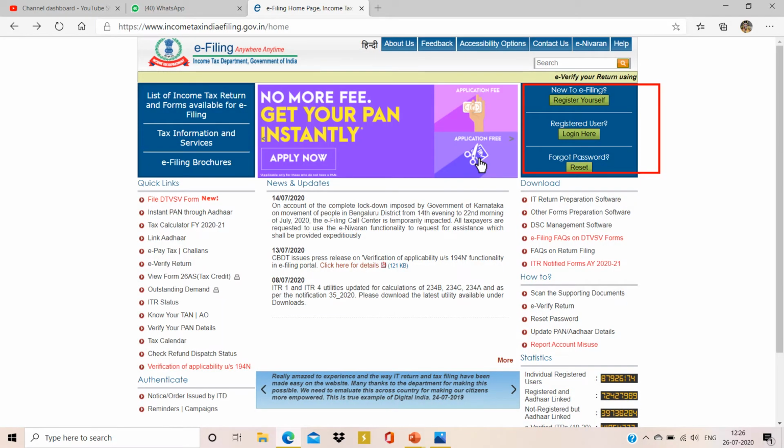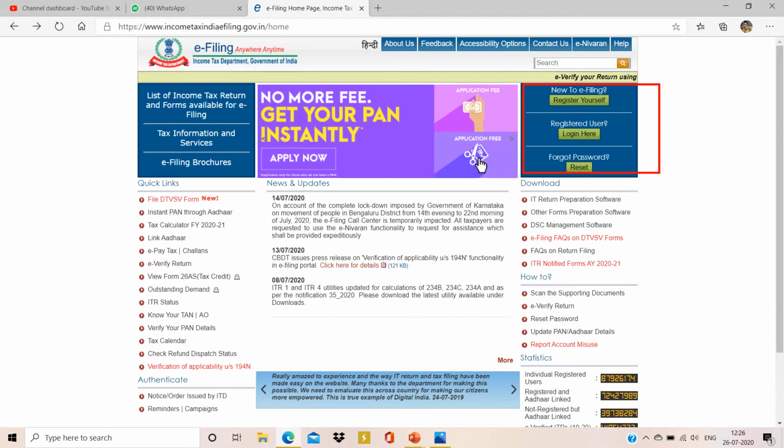Now you have three options on the right side: register yourself, log in here, and reset. Register yourself is for first-time taxpayers, because they have to register details on their own, like PAN number and address details. But most of us have been paying tax for many years, and our company has already updated our details when they deduct the tax.